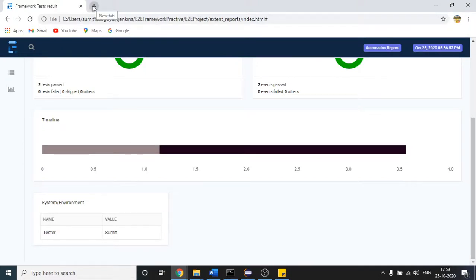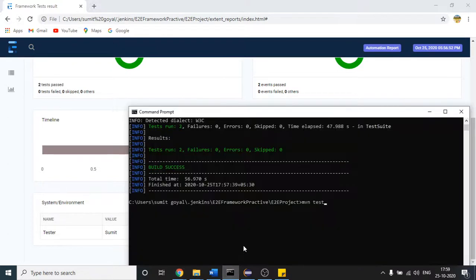Before starting with Jenkins, let me tell you one scenario. Suppose you have 100 test cases which run on a daily basis, and you want them to be triggered automatically by the time you reach office. Suppose your test cases take about 2 to 3 hours. Will you get up every day at 5 a.m., log into your company domain, connect to your company VPN, and come to the command prompt and run it every day?